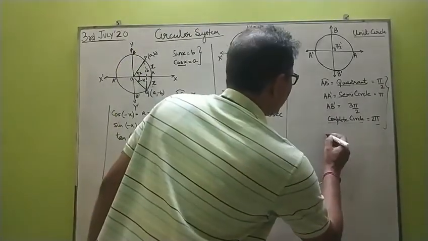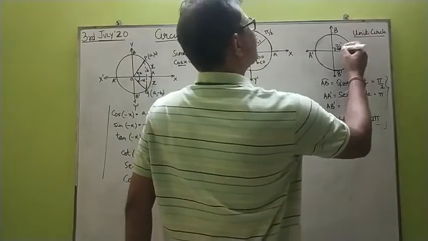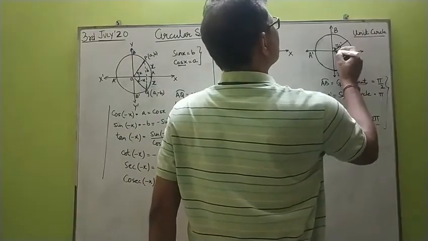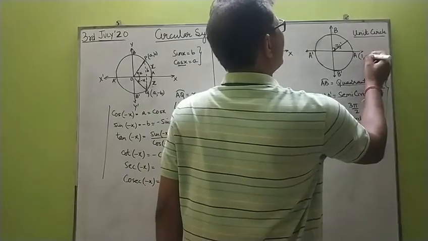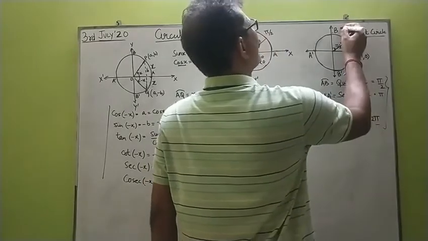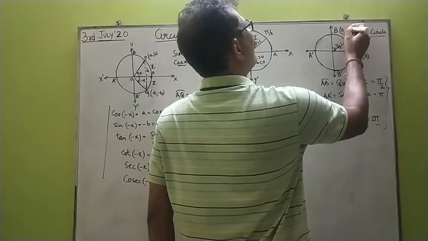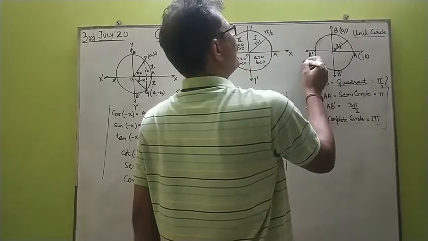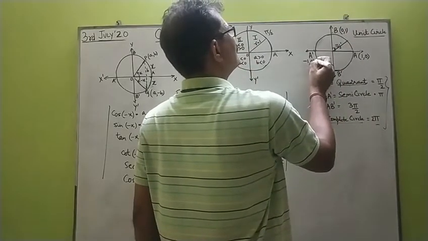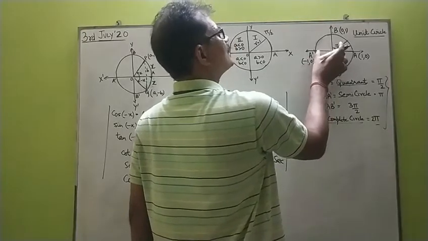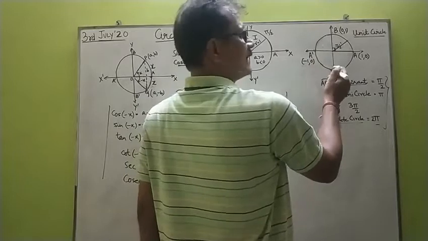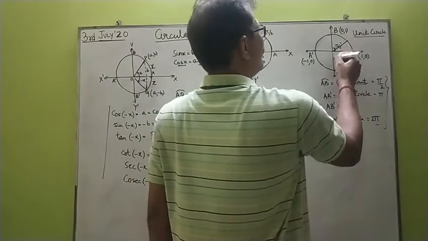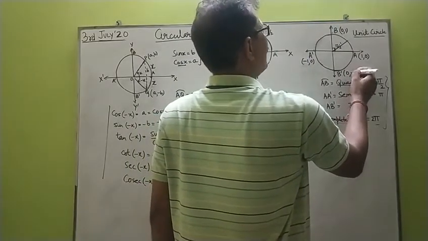Now look here at this point. This is the radius of the circle, which is 1. So here we have 1, 0. What is the coordinate of this point? 0, 1. What will be the coordinate of this point? -1, 0, because this is a unit circle with radius 1, and if you are moving to the left side of the x-axis, it's -1. Similarly, below the y-axis it becomes 0, -1.